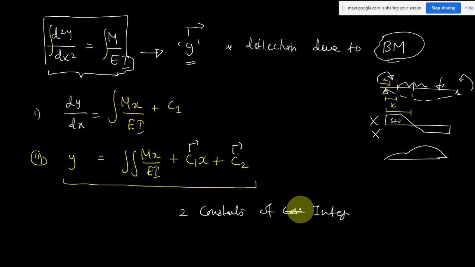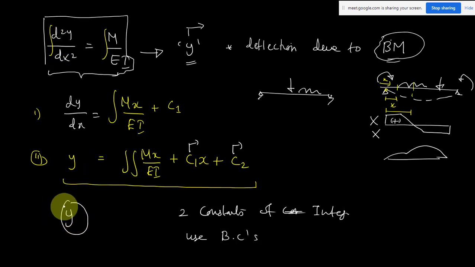To solve for these constants of integration C1 and C2, we have to use boundary conditions for the given beam. Suppose a beam is given with some loading. What we are finding by the entire process is ultimately the deflection value y. But before using any equation for a given beam, I know the value of deflection at some point; for some value of x, I know the value of y. Those known values are known as boundary conditions.